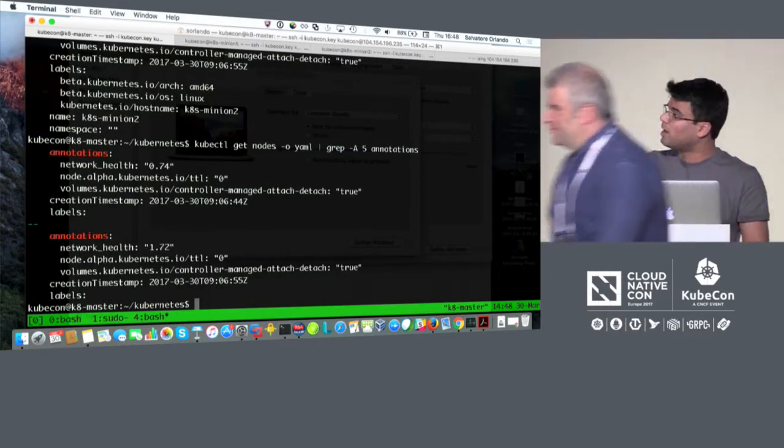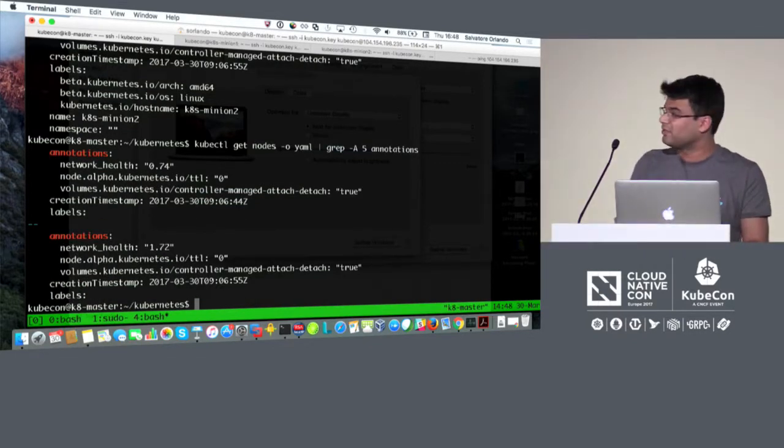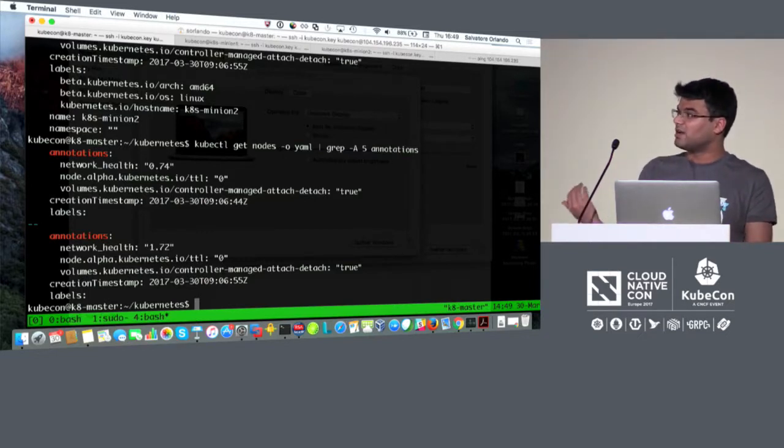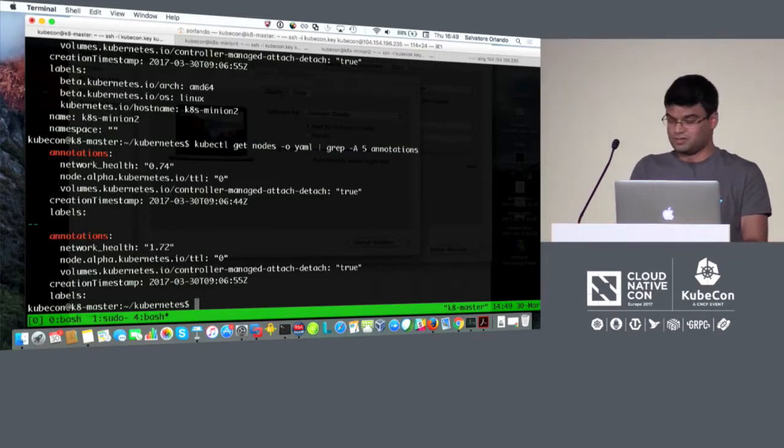So node 1 has a network health score of, say, 0.74, and node 2 has a network health score of 1.72. And the reason it's not 0 is because OVN, to make sure that tunnels are up, has some gossip traffic which actually makes sure that things are working properly. So that's why right now you're seeing that it's not 0, although there are no pods in our cluster. So now we would go ahead and deploy the pods